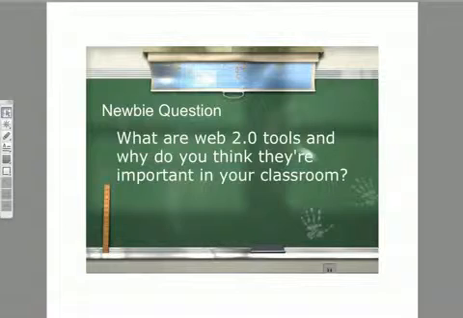Okay, so I see Web 2 tools as being software platforms that allow our students to have an online presence and allow other students to comment on what they've made and put out there on the web. And just a classic example for adults is Facebook, which is a space where we can share our photographs and other people can comment on them. And Web 2 tools definitely allow us to collaborate and to share what we make.